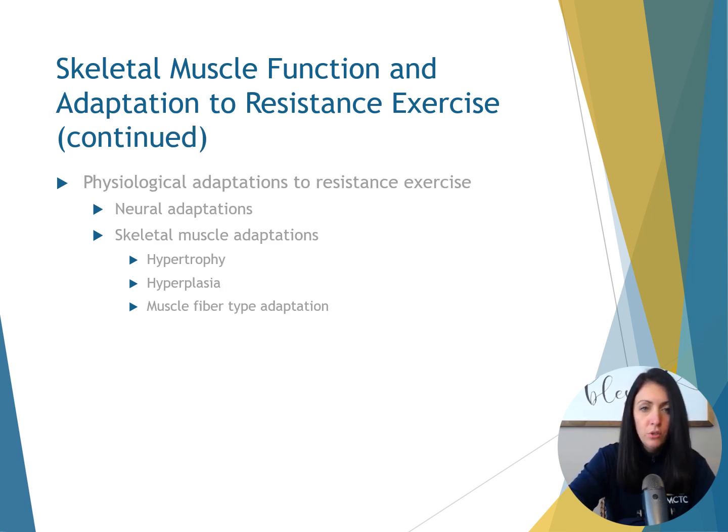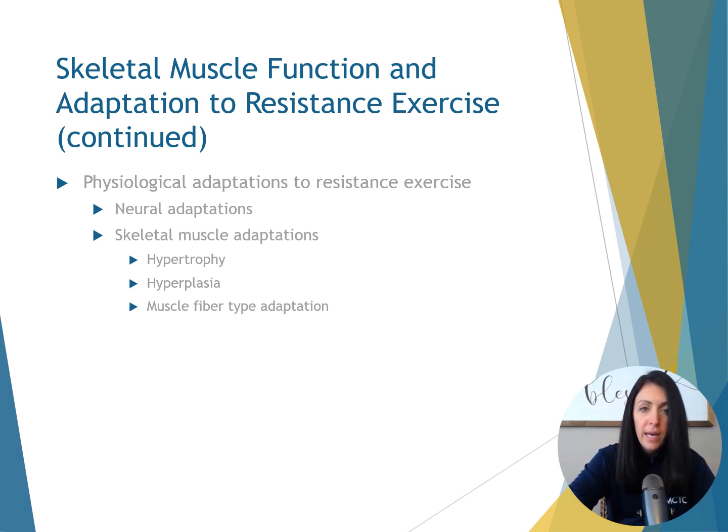So going back to those neural adaptations, that's the initial rapid gain in tension generating capacity of skeletal muscle from a resistance training program. This is largely attributed to neural responses. So just remember, anytime you start a strength training program and you're like, oh, I'm feeling stronger, well, that's attributed to these neural responses. Based upon EMG, or electromyographic activity, during 4 to 8 weeks of training, there's no evidence of muscle fiber hypertrophy. So after muscle hypertrophy has plateaued late into a program, that would be neural activity.